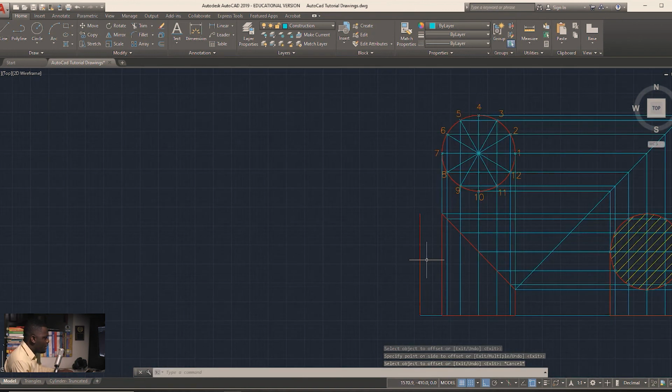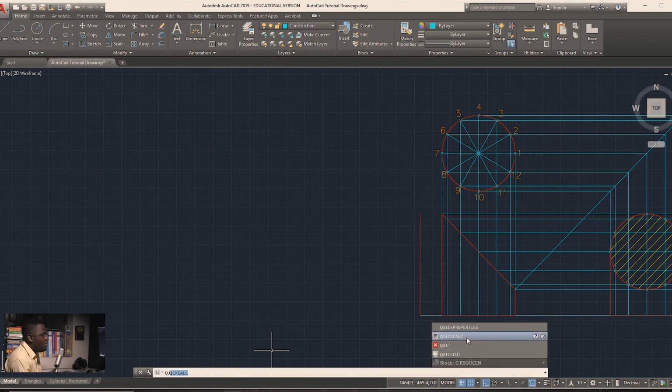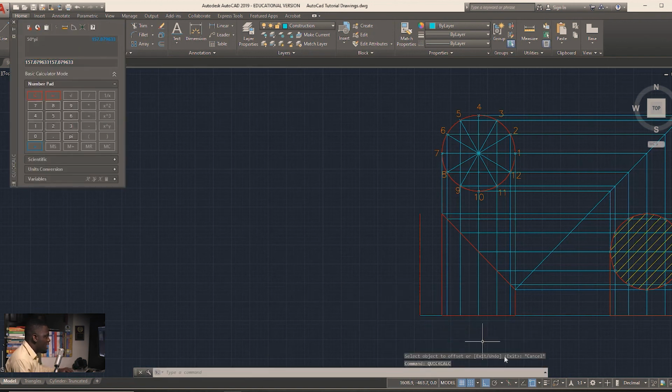So from here, I need to find out the complete distance around this circle. In order to do that, we know the formula for calculating the circumference of a circle. That is pi d, or 2 pi r, just the same thing. So pi d: we know that the diameter is 50, and we take that and multiply it by pi in our quick calc, hit enter, and the number that you get